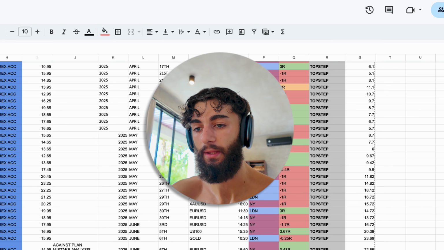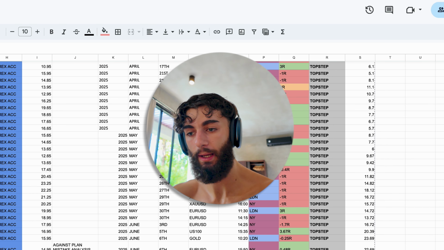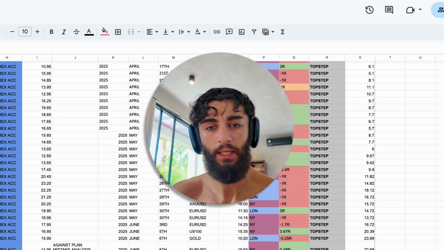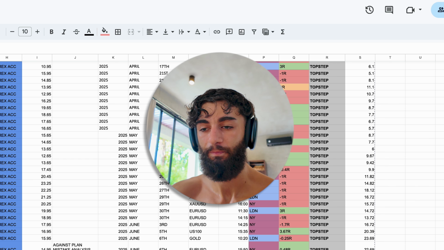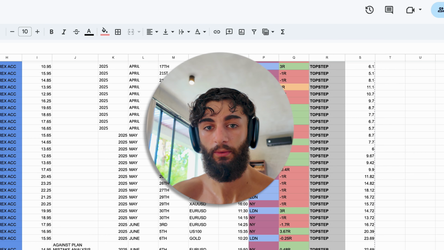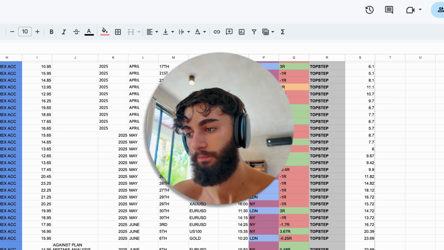Everyone's always telling me, oh bro, should I add this into the rotation? Should I add this? What about this? What about that? You don't need more than 2 pairs. Now, you can have more than 2 pairs, but you need to put them on separate accounts. But I'm not going to go over that today because that's too advanced for now. We want to keep it simple.